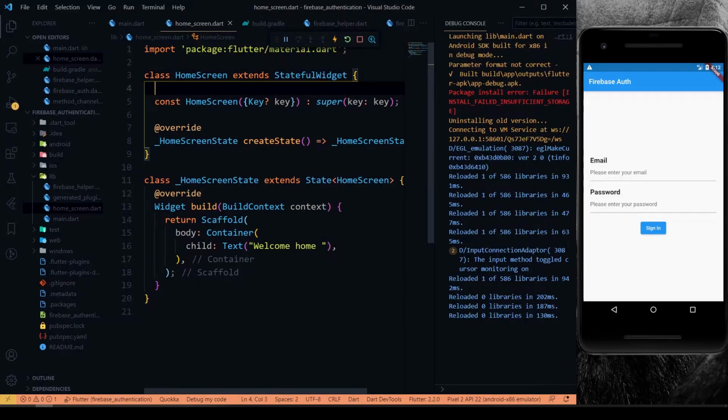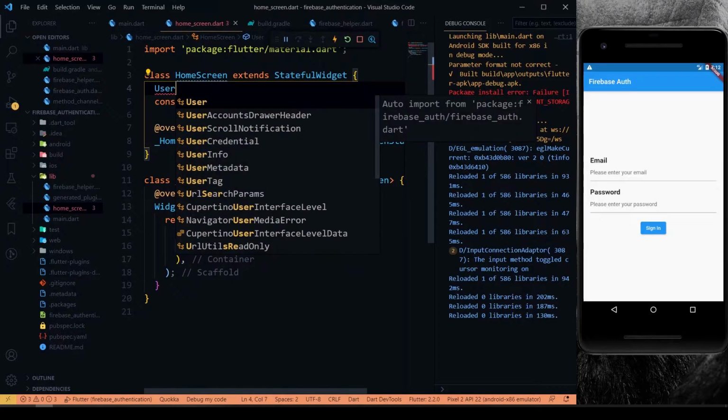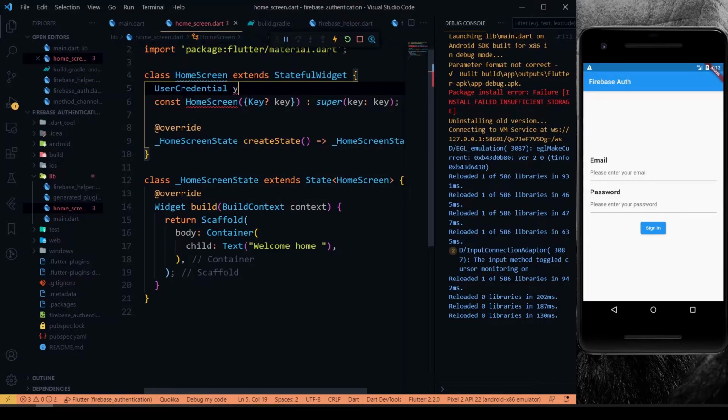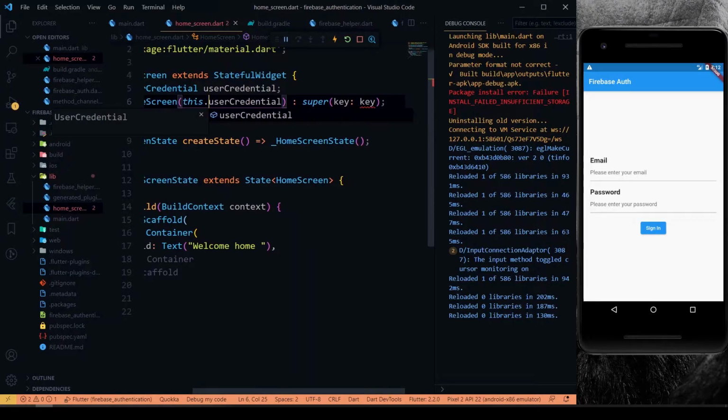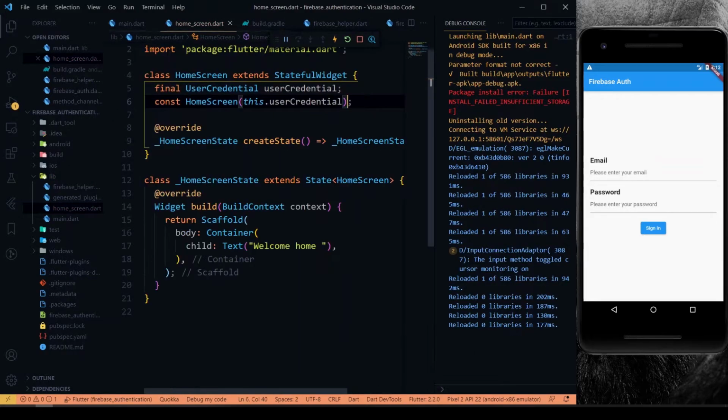We'll get a value from our first screen here by using a constructor. We'll be passing our user credential object here. Make it final.